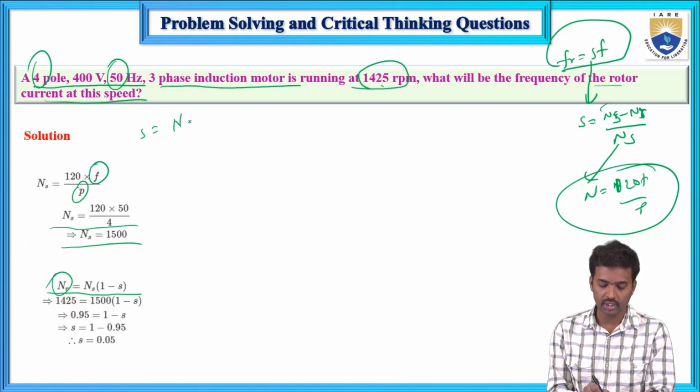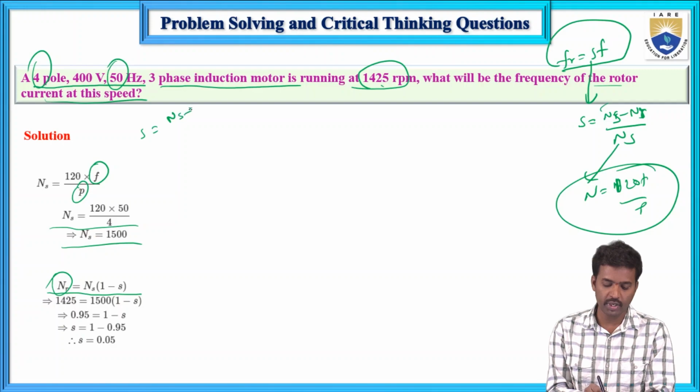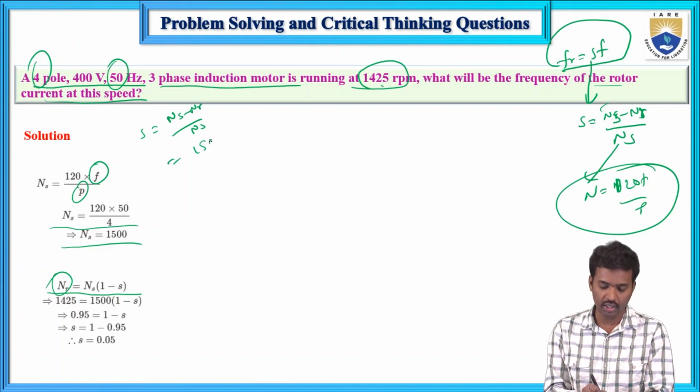Slip equals (Ns minus Nr) divided by Ns. If you rewrite this equation, Nr equals Ns(1 minus S). Or you can write Ns, which is 1500, minus 1425, divided by 1500, that gives the slip value